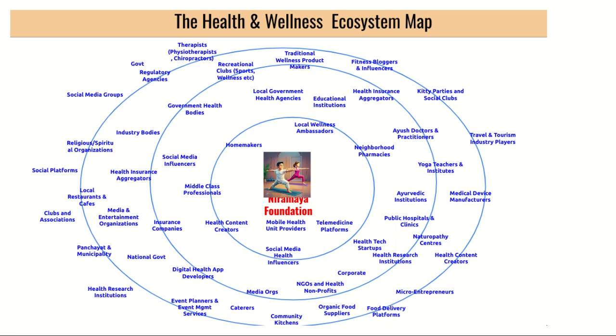cater to this segment. So to zoom out and take this perspective is quite important, because for an organization like Niramaya, however passionate the team might be, it can't be done in isolation, and it is extremely important for them to take a holistic and 360-degree view of the situation. And that's where the health and wellness ecosystem map helps them to analyze it from these big picture dimensions